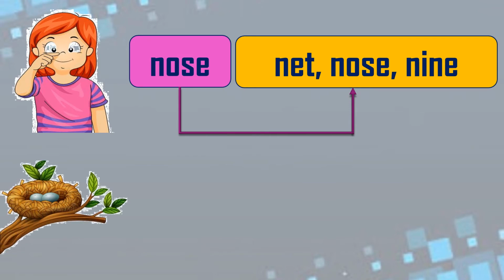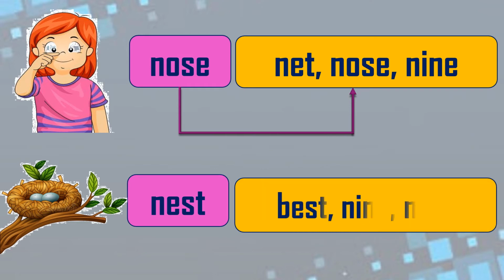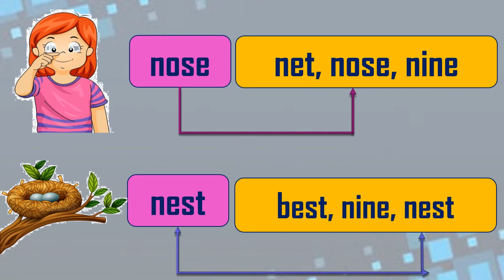So there is one more picture. It's a cute little bird's nest. What is it? A nest. So again a yellow box with 3 words. Look at the same word. Look at it carefully so that you can find out the correct word. And now draw the line. Join it. Okay. So till yet we have joined the words which were same.